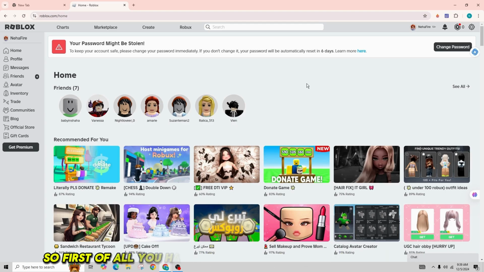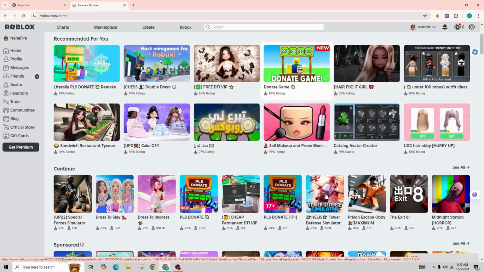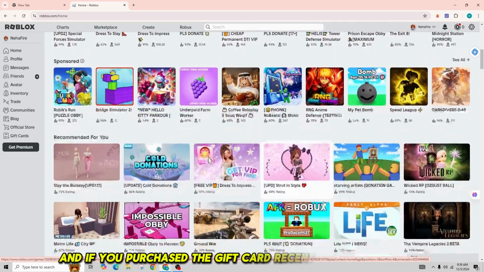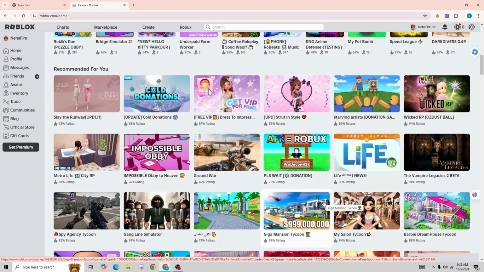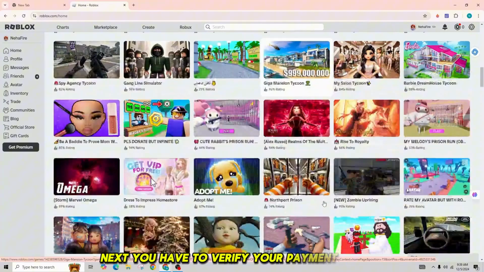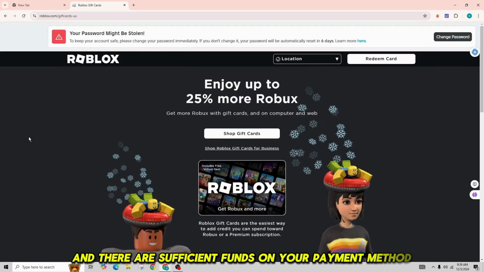So first of all, you have to check the validity of your gift card to ensure that it's not expired. And if you purchased the gift card recently and it's expired, contact the Roblox support for the assistance. Next, you have to verify your payment details. Make sure that all the information is correct and there are sufficient funds on your payment method used to buy